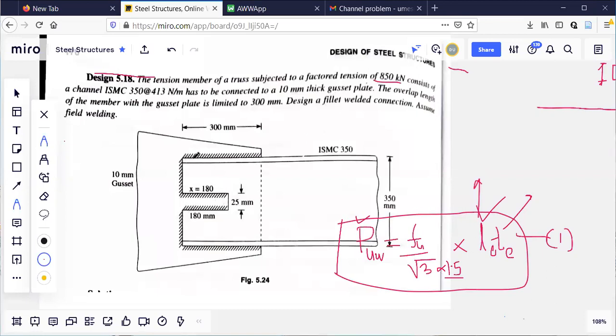Slot is needed. Actually, this is solved. It means he has given the answer diagram. He should not have given this one in the problem directly. Slot he should not have shown it actually. Anyway, in the problem, the slot will not be shown to you, but you have to decide the size of the slot, etc. That I'll cover now.